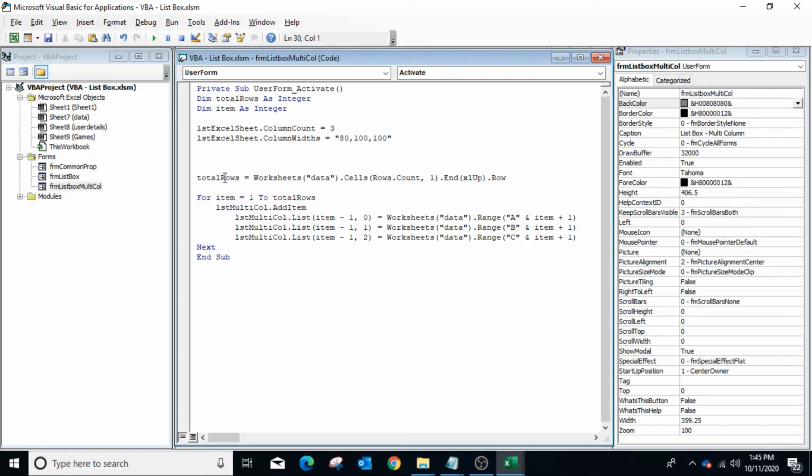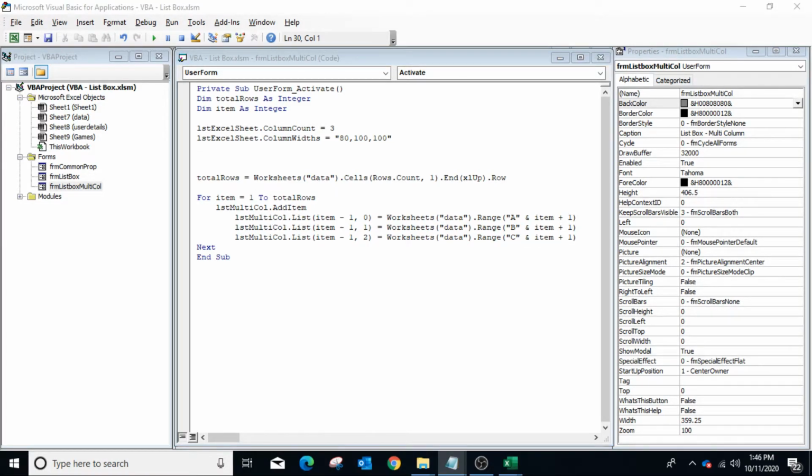The total rows variable contains the total number of rows available in the Excel sheet. For that we have used the end method of the cells object. And then we will apply a loop from 1 to total rows.